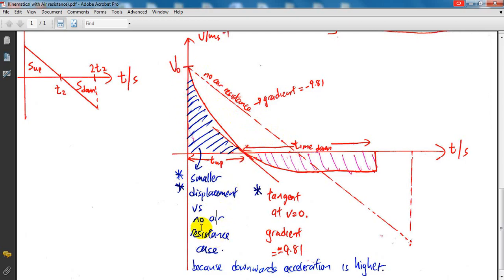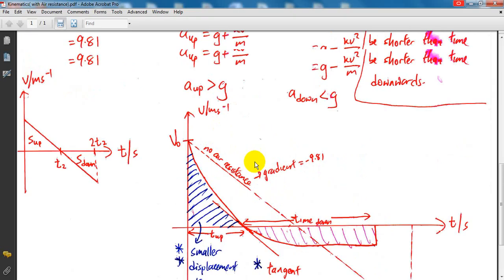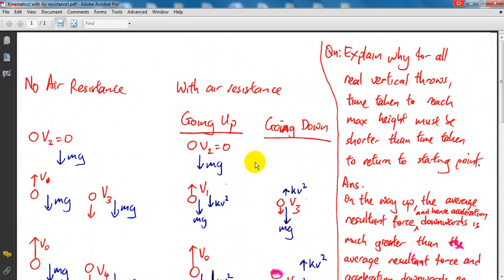okay, as opposed to the case where there is no air resistance, simply because the downward acceleration is higher. Okay, so that's the first thing we'll observe. The second thing we observe is that, as discussed previously, at the point where velocity is 0, I realize that the acceleration here must be 9.81, and hence the gradient here must be negative 9.81. Alright? And then finally, we want to look at an example of an A-level question, whereby they ask, explain